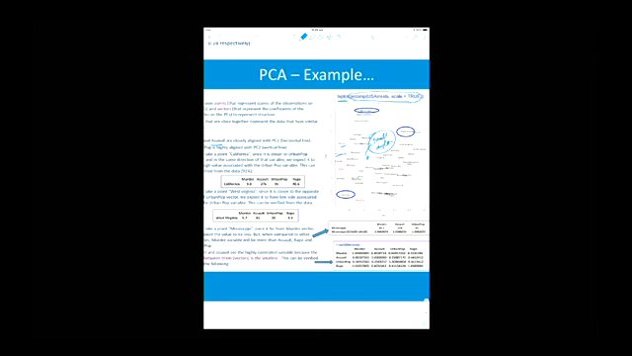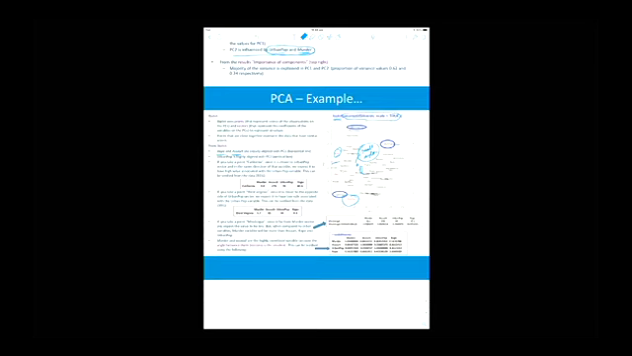Whereas if you look at the murder and urban population, the angle is very large. Okay, that is the least correlated one. That is one piece of information you can get from this biplot. Another piece of information you can get is